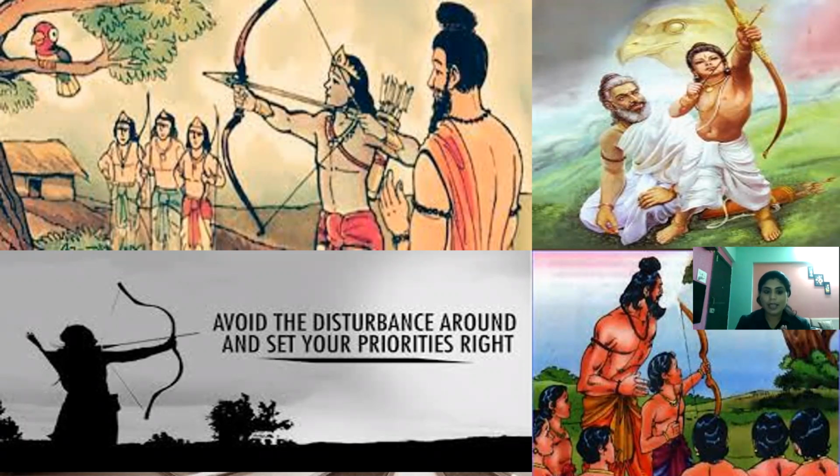Then one by one, he was calling his disciples. The first turn was Yudhishthira. Yudhishthira, take the bow, aim toward that bird and tell me what all things you can see. Yudhishthira replied, I can see the bird. What else can you see? I can see the wings of the bird. What else? I can see the tree, the branches, the fruits, all those things. And then Guruji says, oh okay, stay aside.